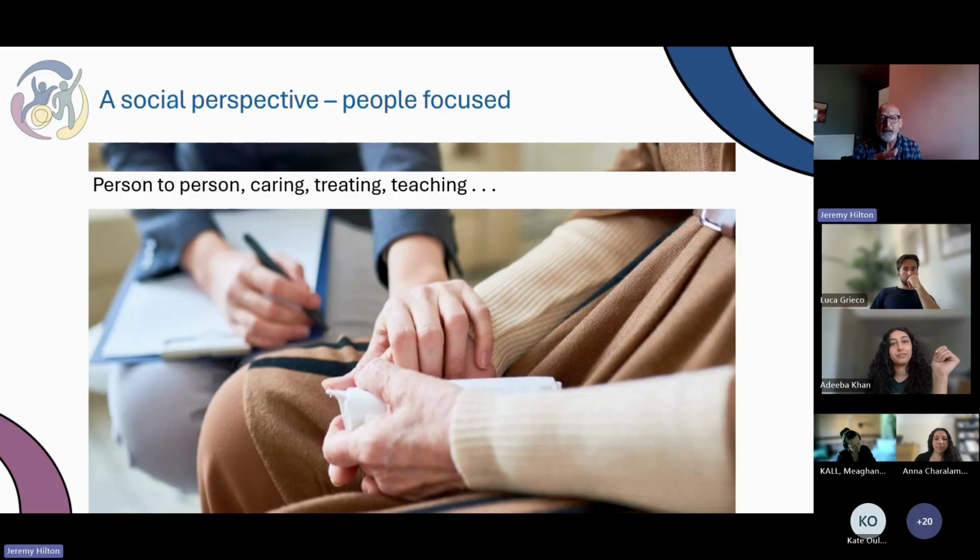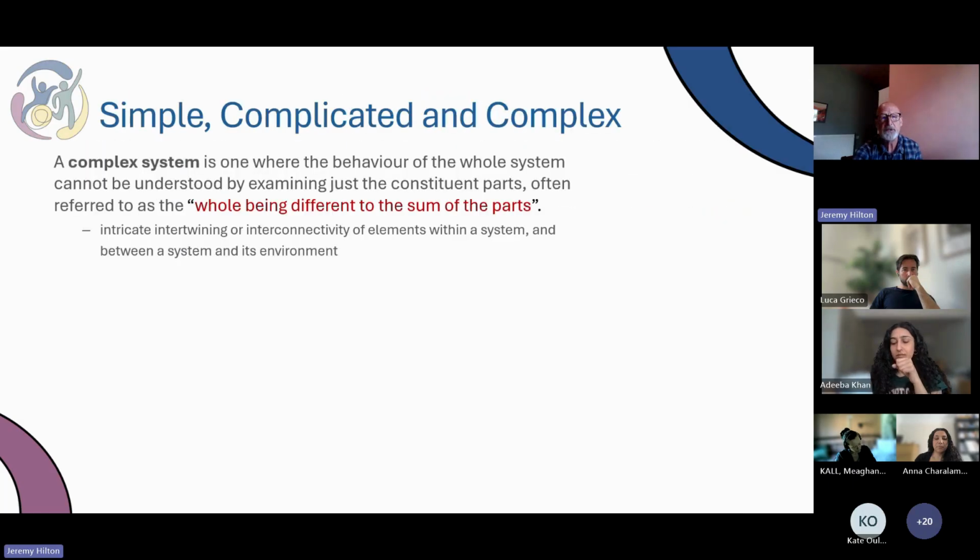So what we're looking at here, certainly when you've got people involved with equipment or people with people, you're looking at very complex situations. So from a systems point of view, we do have a variation from simple, complicated and complex. And the ways of thinking about them have to differ. And so starting with a complex system, it's one where you really cannot understand the whole thing, how it works, because you can look at the individual bits, but how they work together and how they behave brings something different to them.